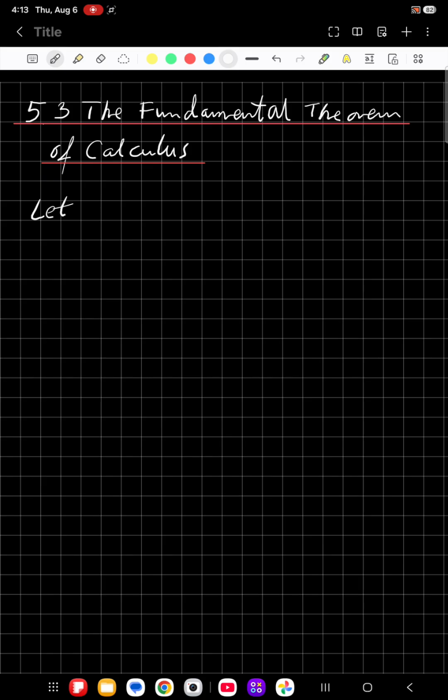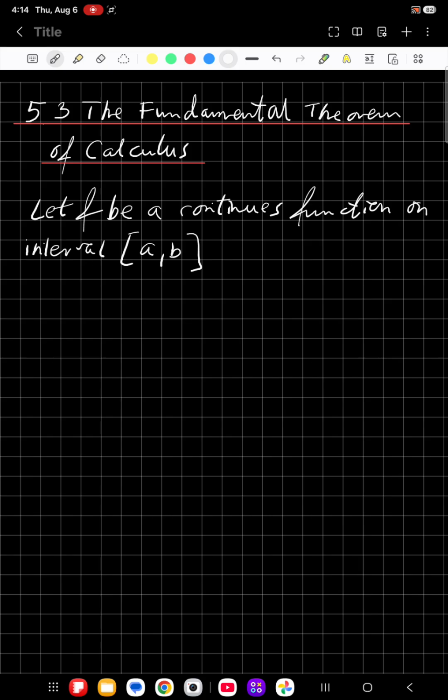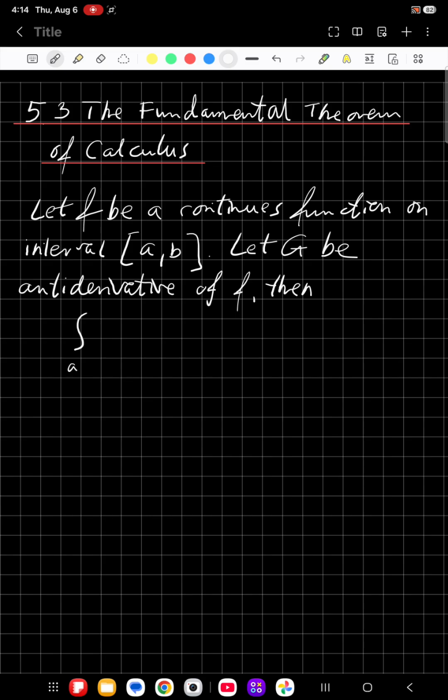Let f be a continuous function on interval from a to b. Let g be antiderivative of f, then